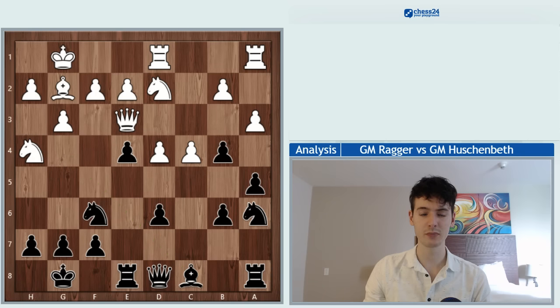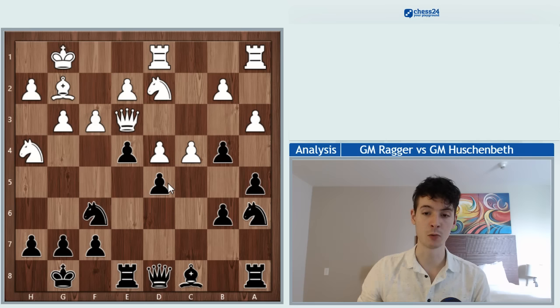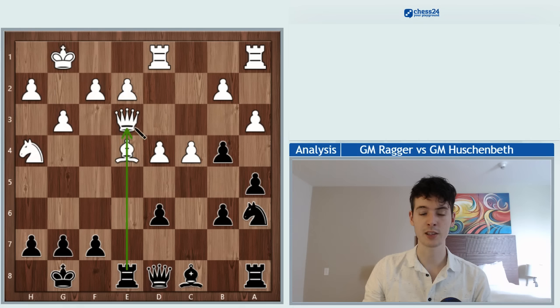And here probably white should go f3, and then d5. It's a very complex, rich position, and black's by no means worse. Very interesting. Just to point out real quick, knight takes e4 here doesn't work, because here white is in this